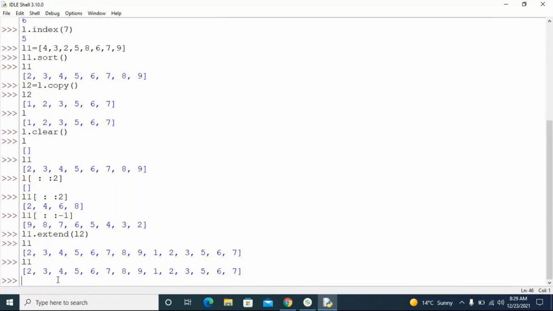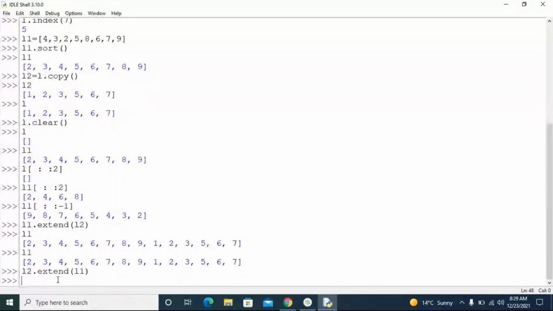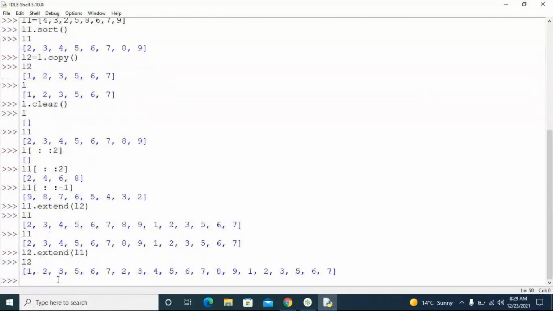If I say L2 dot extend of L1, now L1 will be added to L2. So now it will be 1, 2, 3, 5, 6, 7, then 2, 3, 4, 5, 6, 7, 8, 9. If I print L2, got it, right? Already this is L1, this is L2.